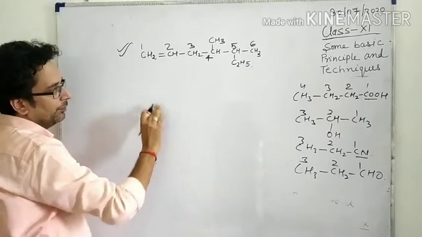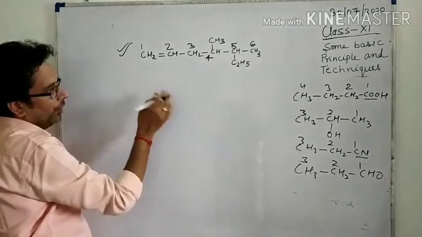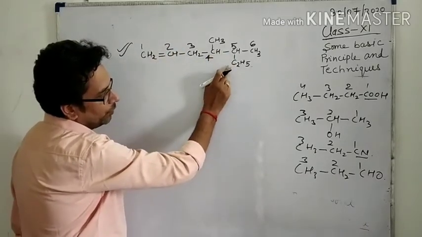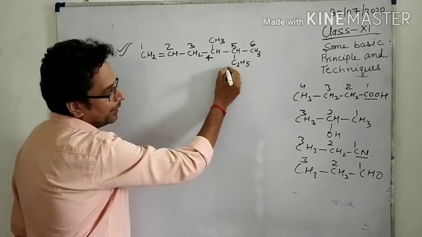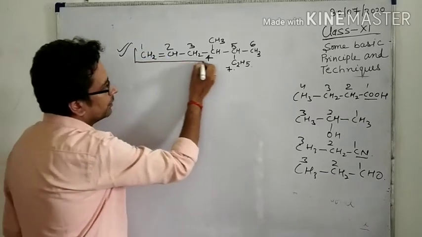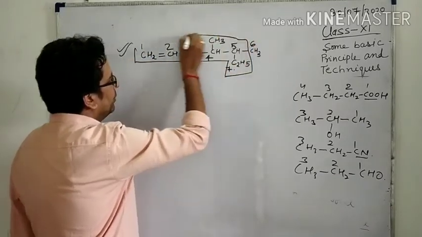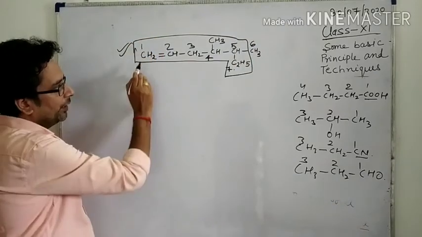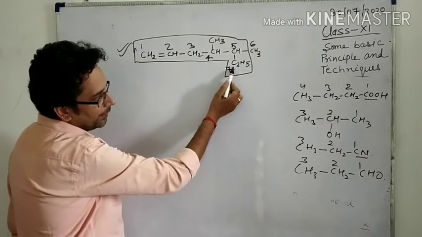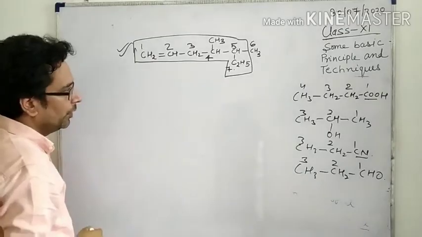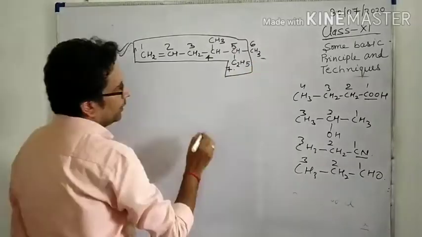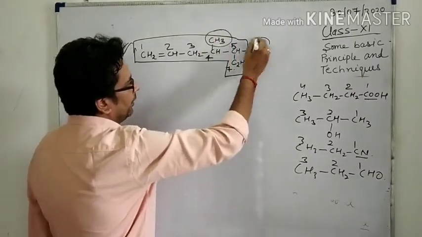Now the first condition by which we give the number. Now one more condition is also found in this case. 1, 2, 3, 4, 5. Look here, 2 carbons, 5, 6 and 7. So which one is the longest carbon chain? This one. This one is the longest carbon chain. Why? Look here 1, 2, 3, 4, 5. This is the 6. But look here, 5 contains 2 carbons, 6 and 7. Okay. So this is the longest carbon chain, that is the parent chain, and this is the side chain. Okay. This one and this one are the side chains.